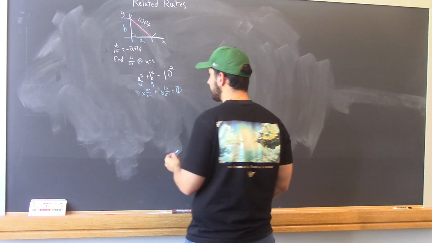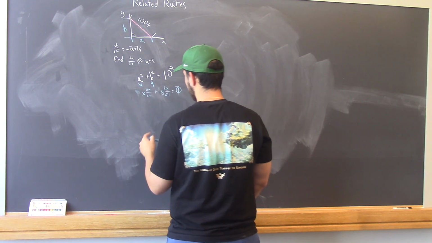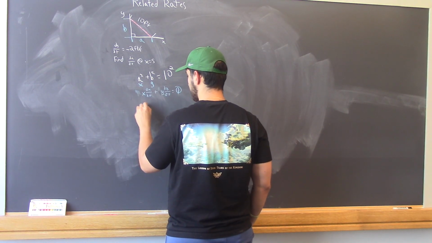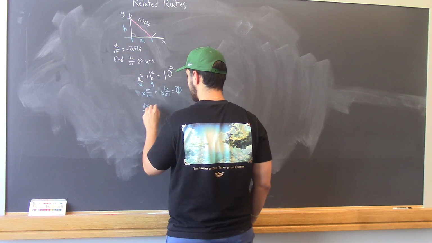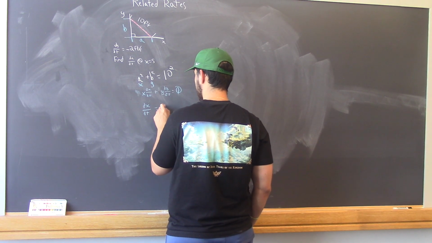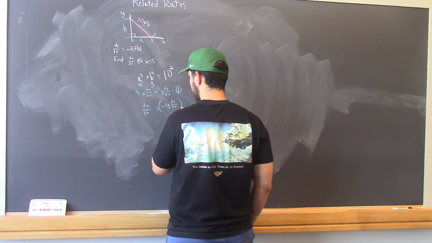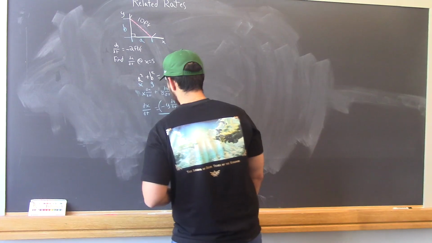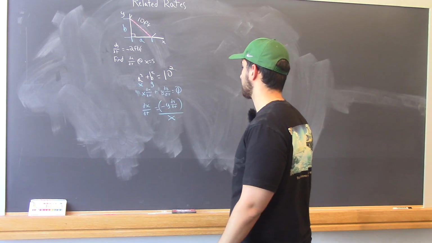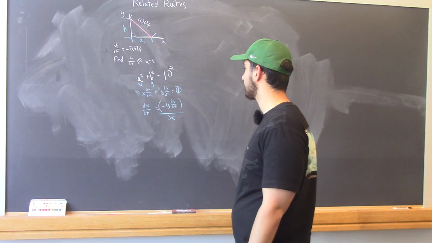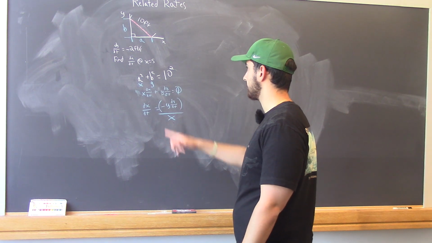And this is what we want, so let's isolate for it. We get dx/dt equals negative y dy/dt, quantity divided by x. Well, we found it, and we can plug in x equals 5, and we can plug in dy/dt equals negative 2,